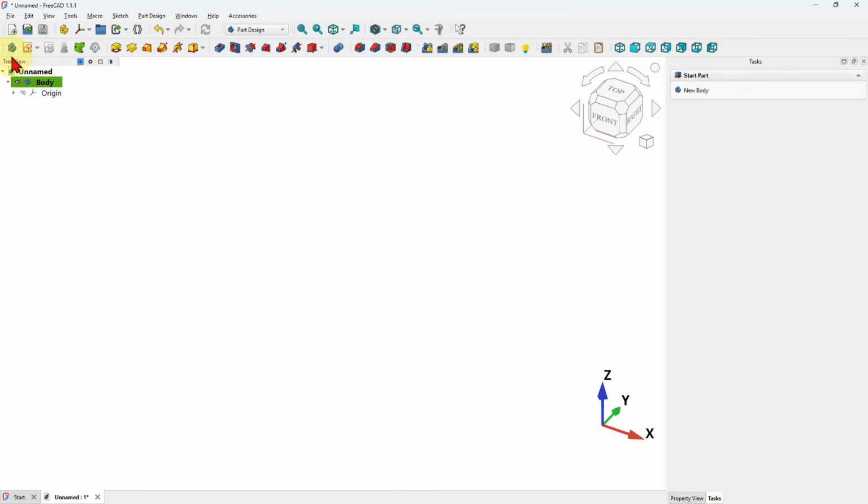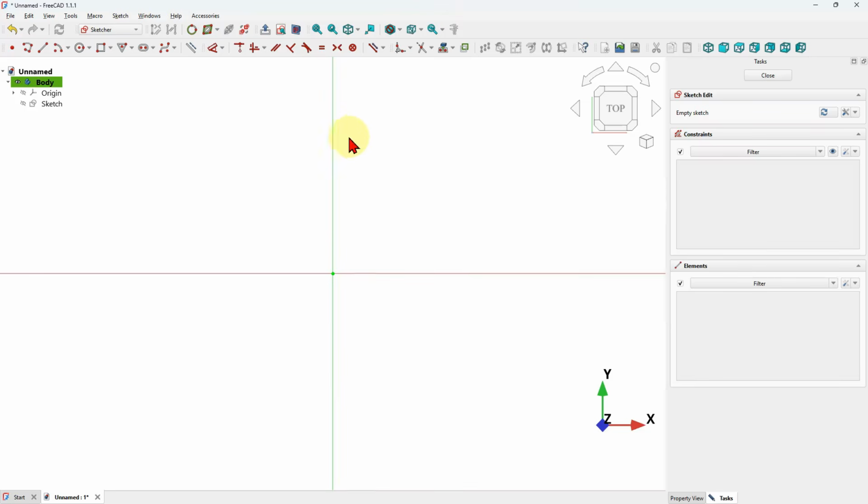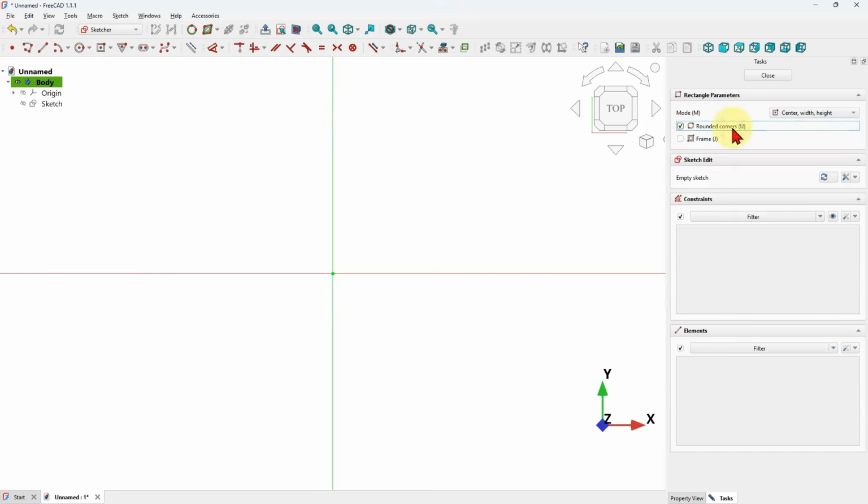So I will go to the PartDesign helper features toolbar and click on this second icon, new sketch command icon, and I will select XY plane, and FreeCAD changes from PartDesign to Sketcher workbench. In the Sketcher workbench, I'm going to use the center rectangle tool to create a geometry here in the center point of this sketch. I'll go to Sketch Geometry toolbar, expand rectangle tools, and select centered rectangle, rounded corners, and